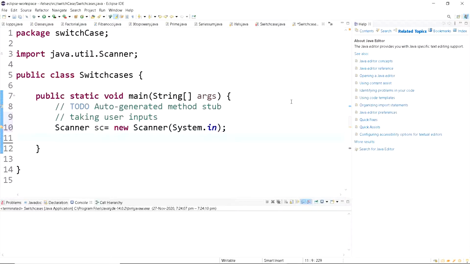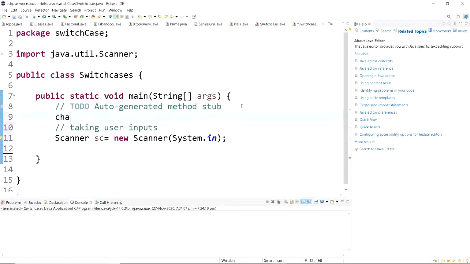Yes, we've imported the scanner class. Before we take the inputs, let's create the variables.